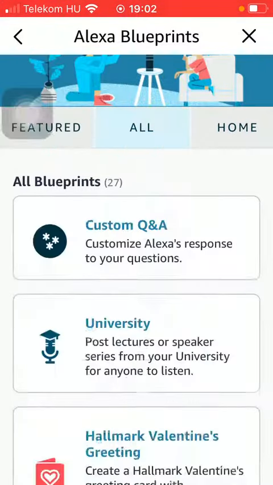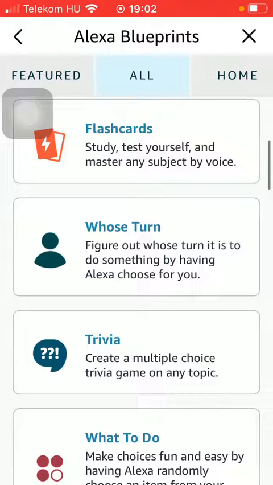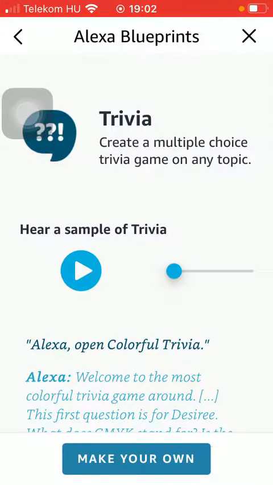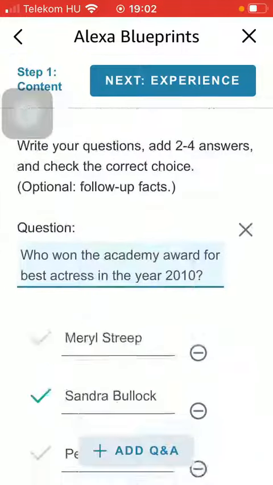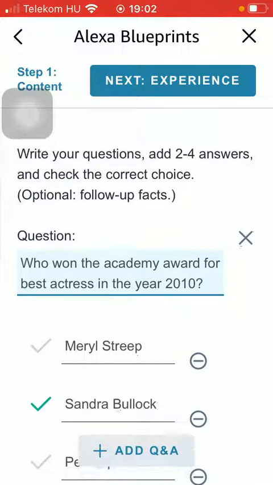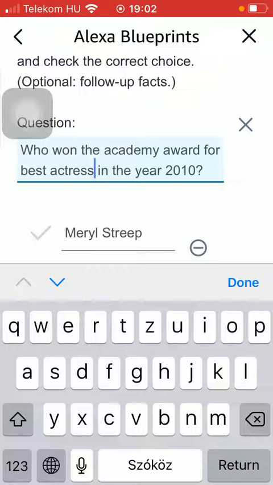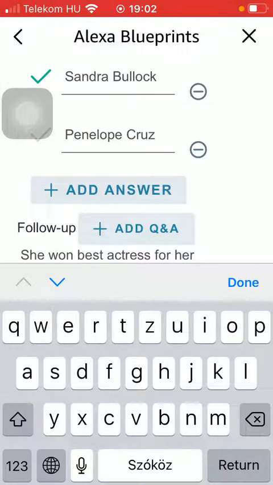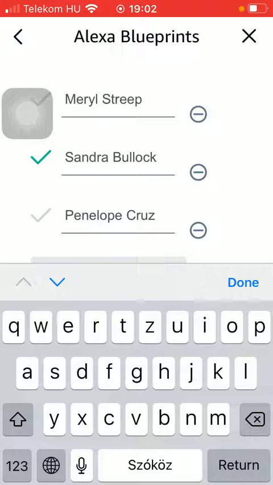Tap on all, scroll down to the trivia section, tap on it, click on make your own. And after that you should type in a question into the question box, such as who won the Academy Award for Best Actress in the year 2010, and then you should provide several answers, since it is a multiple choice